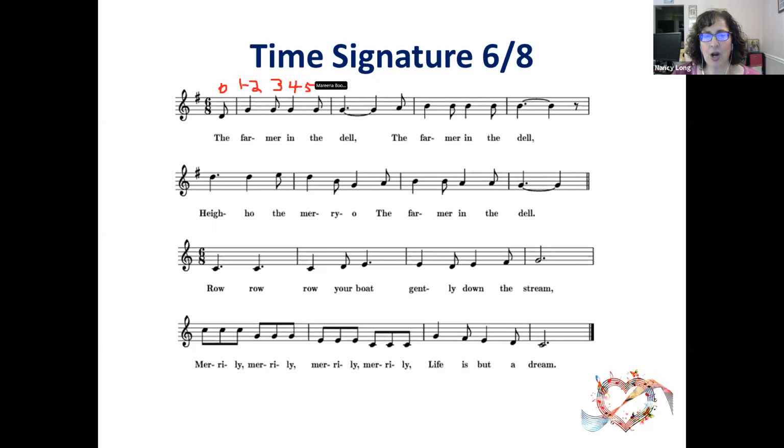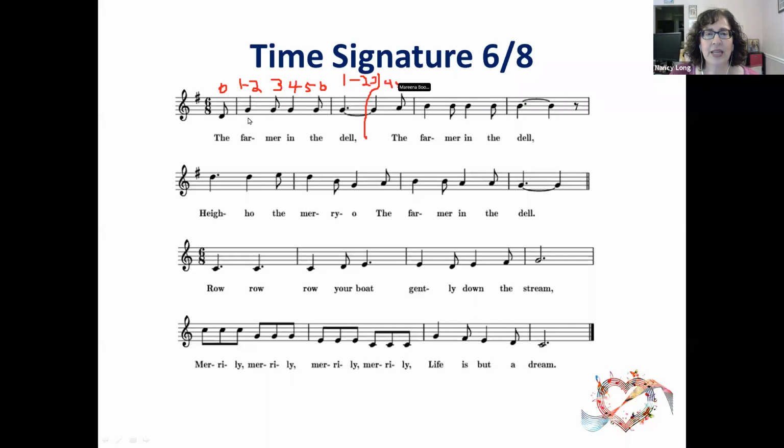They would call this compound rather than simple. So you can think of it as 1, 2, 3, 4, 5, 6, but 6/8 is more typically thought of as 2 beats of 3. 1, 2, 3, 4, 5, 6, 1 and 2 and